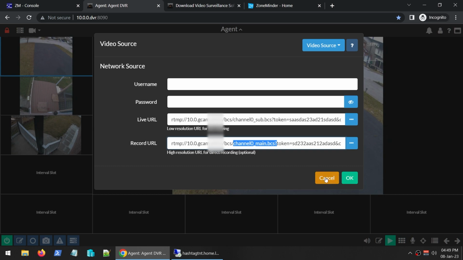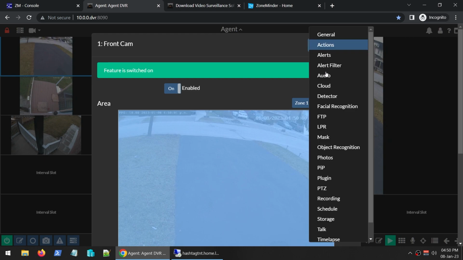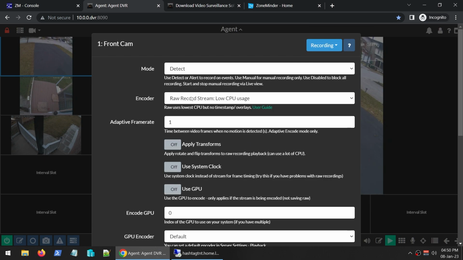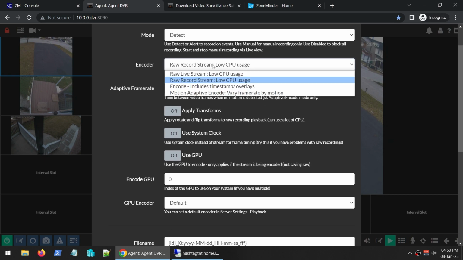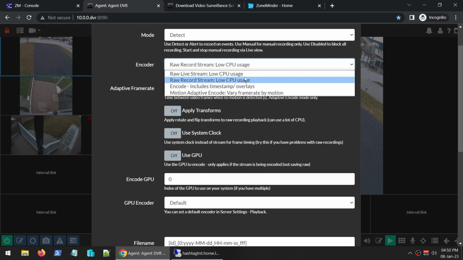So easy, right? You set up live and you record, and if you go back and choose recording, it says, hey, motion detect, raw recording, right? So what do you want to record? I want to record the record stream. So that's the high resolution stream. The live stream is the first one that I showed you guys, the lower resolution. So it's easy, right? You can just select and choose what you want to use